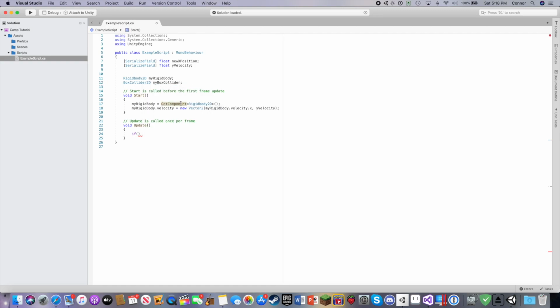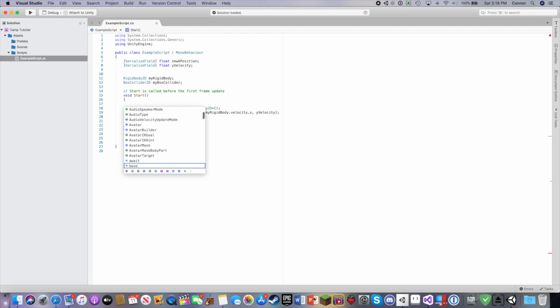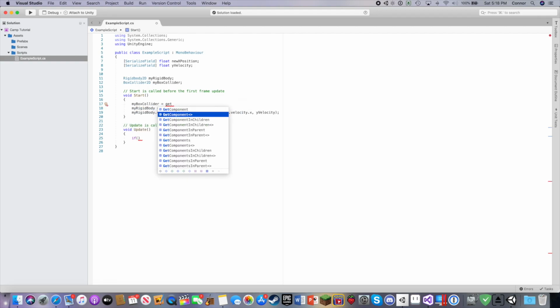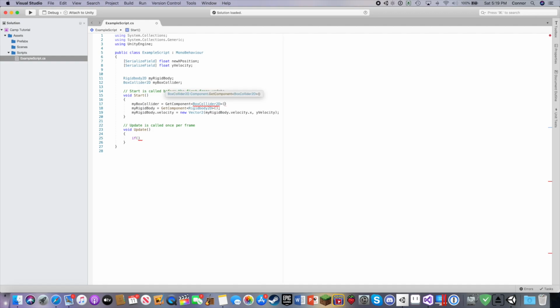And then in Start, we have myRigidbody equals GetComponent Rigidbody2D. Let's say that myBoxCollider equals GetComponent, and then we'll say BoxCollider2D. Then end it off with the parentheses, and then end that line. So if myBoxCollider, and we have to say that if it's touching a block layer, dot